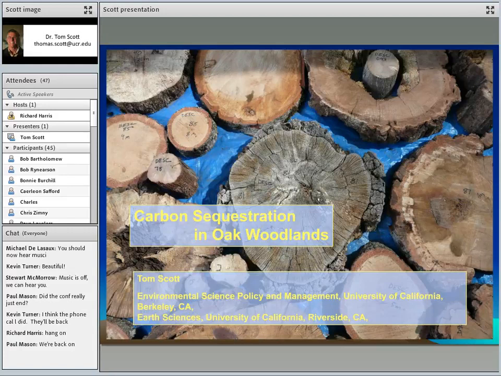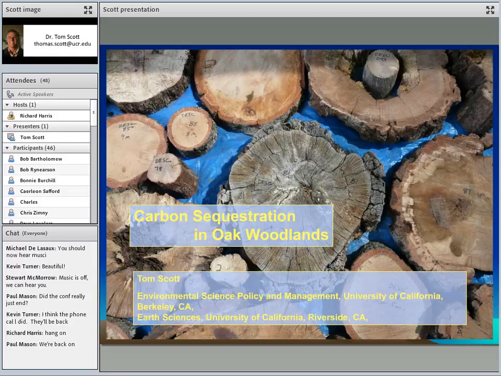Now, I've been working with Tom on his presentation over the last week or so, and I got to say a few things at the outset about the oaks, okay? First off, the guide that's been provided to you by CAL FIRE to do the greenhouse gas reduction analyses doesn't address oaks at all. It's totally conifer-centric. And so, when we discovered this to our horror, we scrambled around, and Tom graciously agreed to do this presentation.